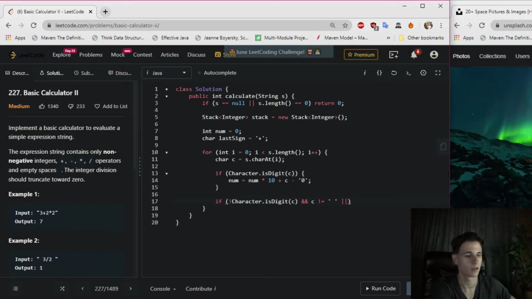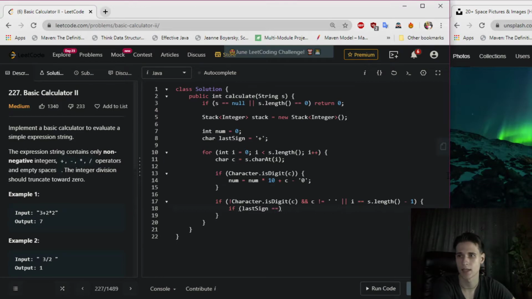We say in this case i equals to s dot length minus 1, and we do all these steps. We check like last sign